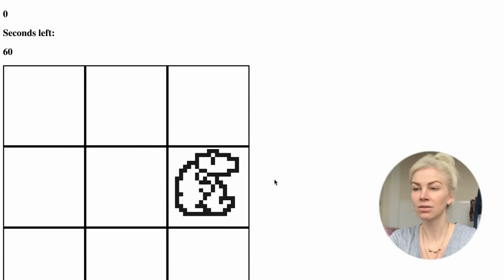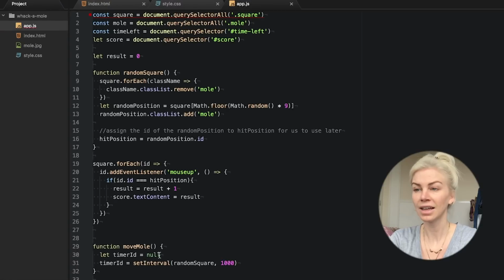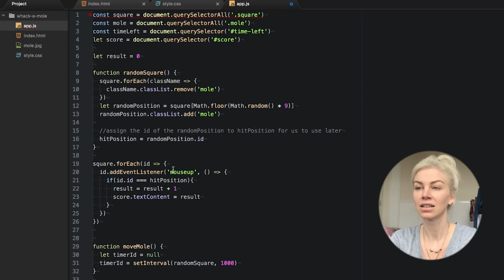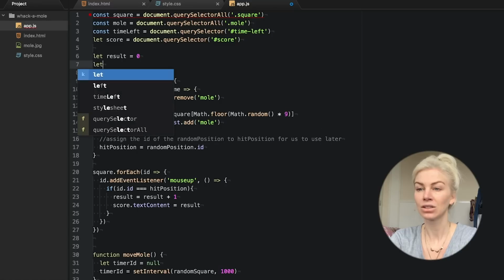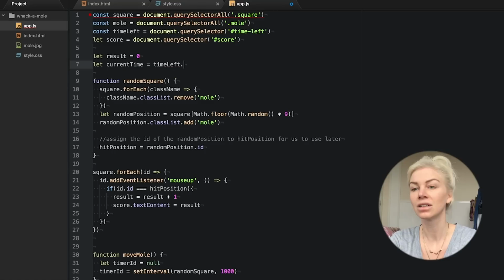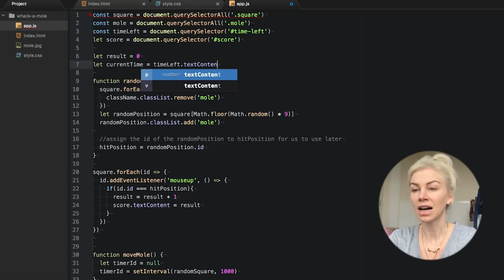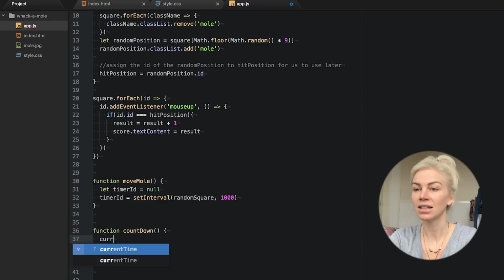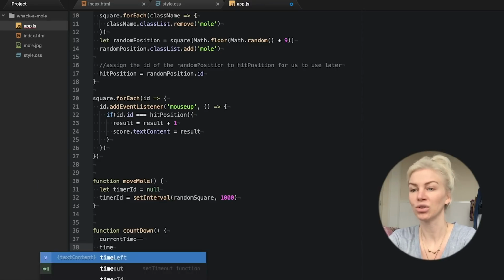Great, now let's remove that function call to uninvoke it and get to writing how much time we have left in the game for that extra suspense. Let's scroll to the top and let currentTime be the inner content of the h2 with ID timeLeft. Now let's write our countdown function. This function will make our current time go down by 1 incrementally, show this new time in the browser, and if the current time reaches 0, we have a game over.